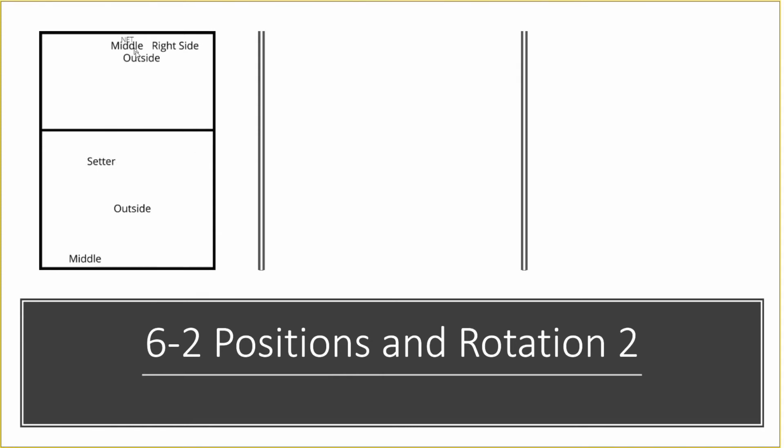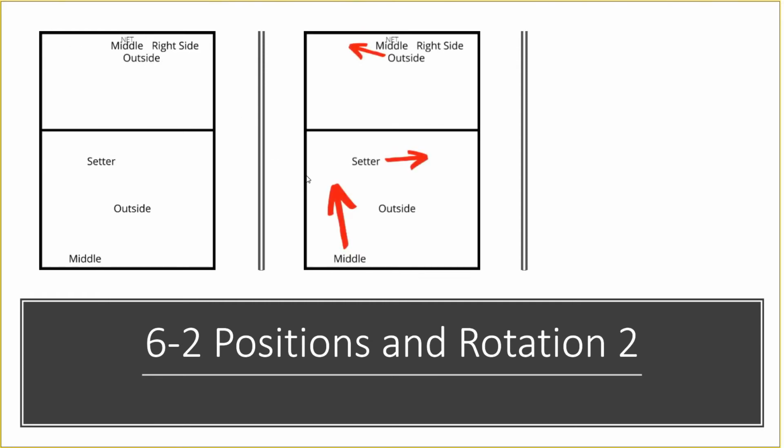Outside and middle are going to stack in this centre spot. Outside's going to dart over here, right side's already in the correct area. So the second that middle serves, he's going to run on and chase his own serve into the 5 spot. Setter's going to dart across, outside's going to dart into this 4 spot, and then this is how we would